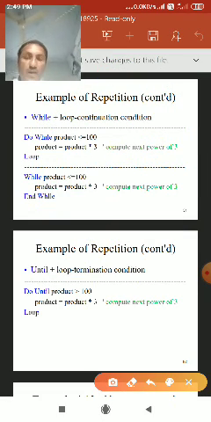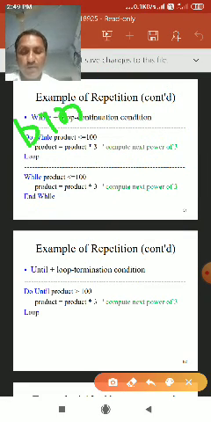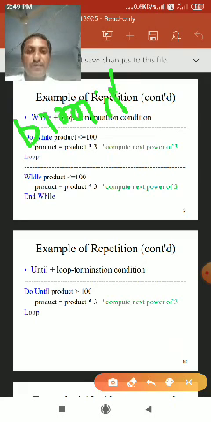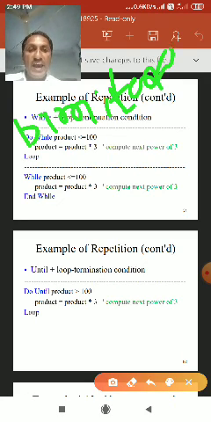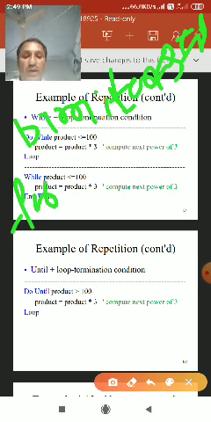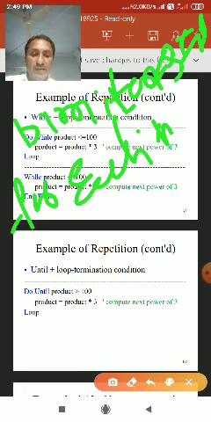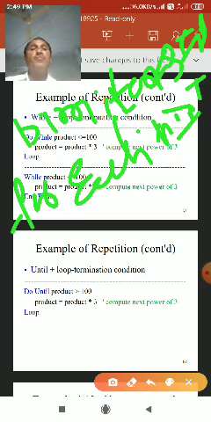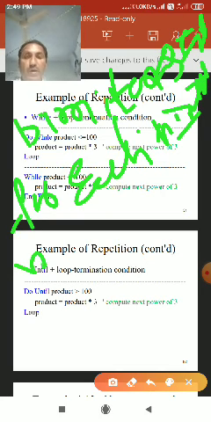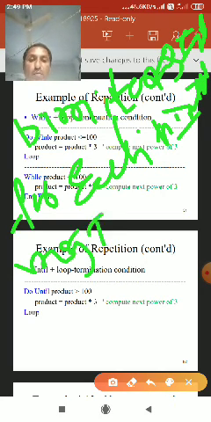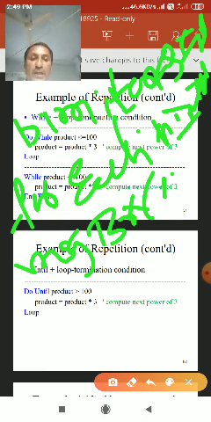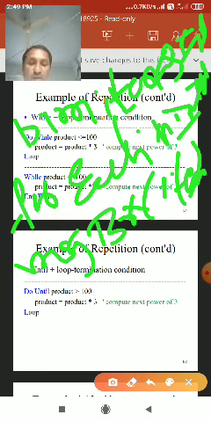And given Dim item As Integer, For Each item In items, MessageBox dot Show item, and Next.